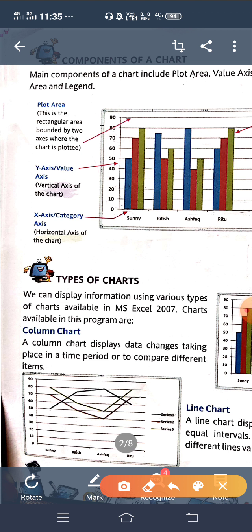Like you can see, for Sunny they have not mentioned the subjects here. They have mentioned it like series 1. In place of columns, they have used lines. Sunny has got 18 in series 1. Okay, for Ritesh also you can compare. Like this you can tell. Means in place of a column chart, here we simply have to use lines to show the data.